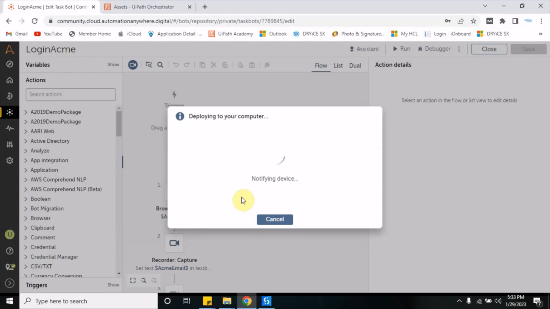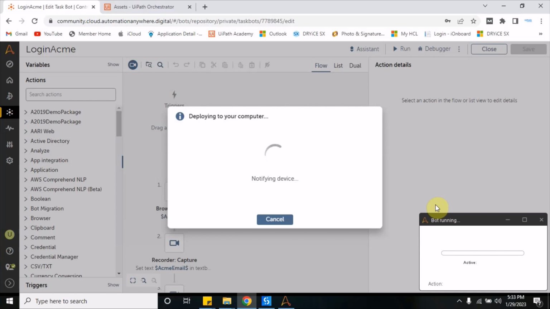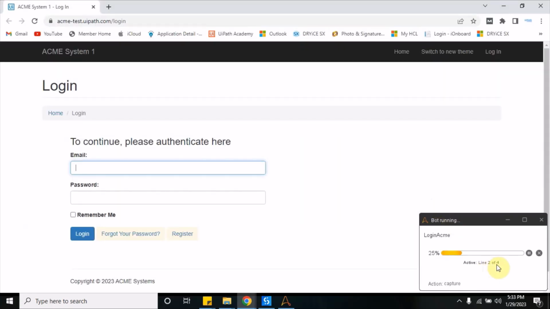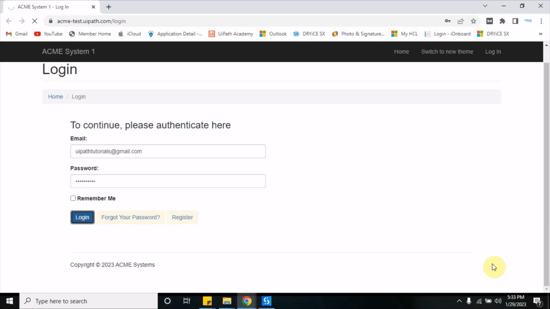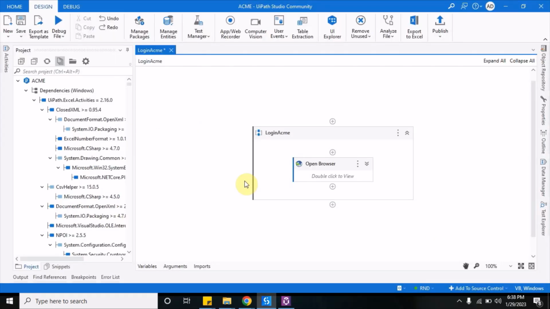Let's try one more time. Which is on line number 2. You see it's entering. On the third line what is coming, it is entering a password and then login. So in Studio,